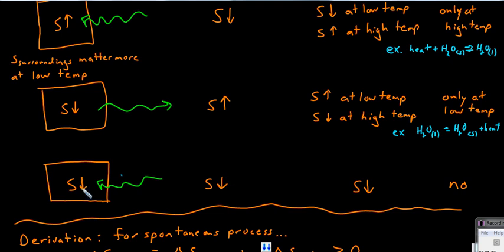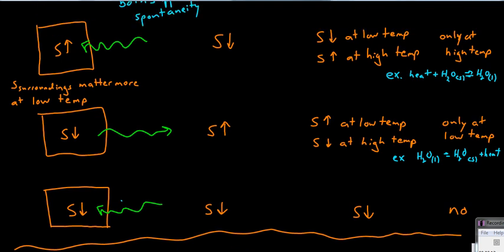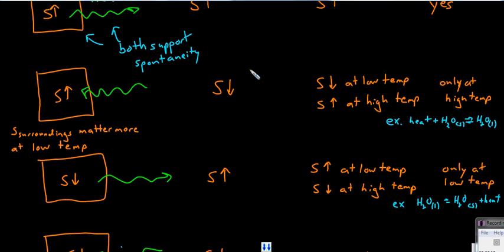In this case, where both the system and the surroundings have a decrease in entropy, the entropy of the universe will decrease as well. And so, under no circumstances will this reaction be spontaneous. You'll never get much more product than reactant, although the reaction can go to some slight extent, perhaps. But consider these 2 middle cases. Before we do that, though, consider that the entropy of the surroundings matters more at low temperature.